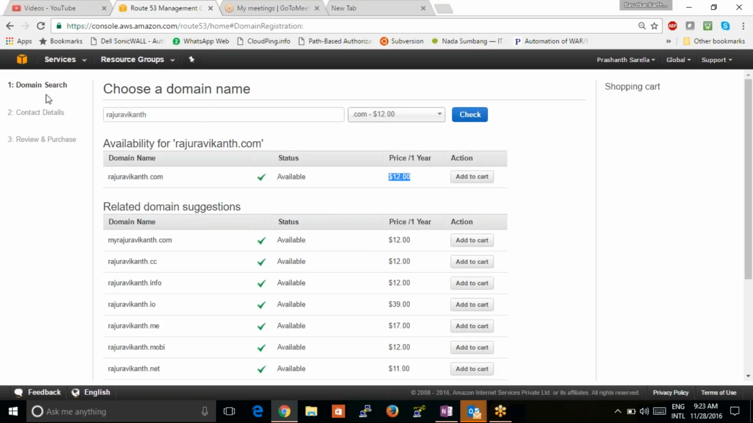After clicking here, you have to specify your contact details, your name, your email ID, where you are located,